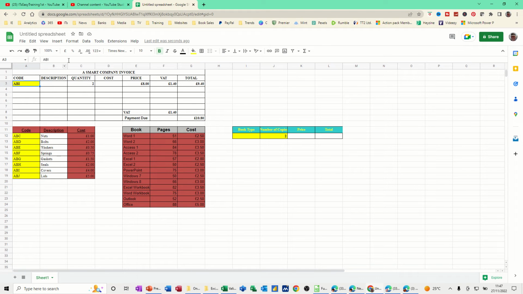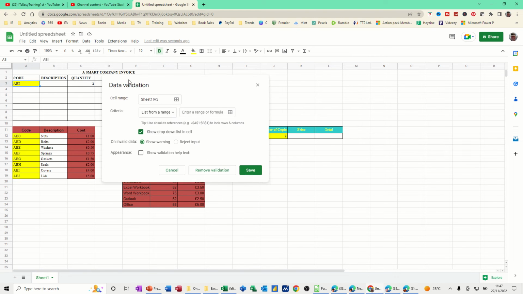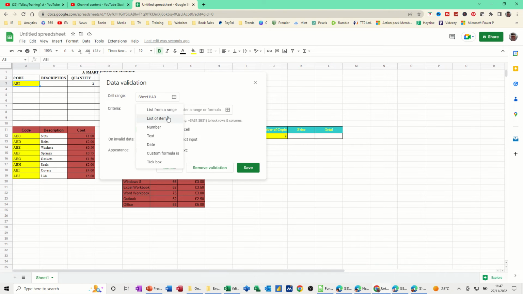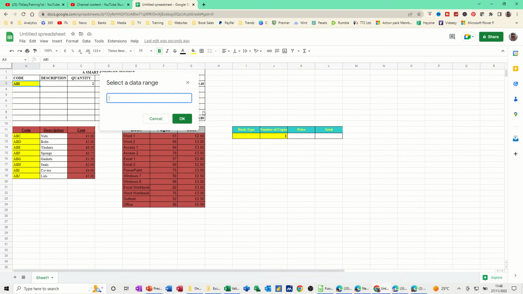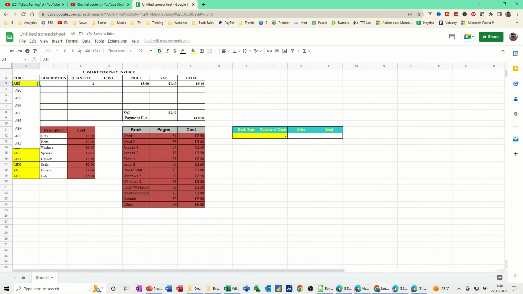So I'm on cell A3, going to the Data tab and selecting Data Validation. Now when that comes up, it's got different options in there: select from a range, items, number, text, date, etc. Lots of different options. I'm going to select from a range. Just going to highlight that range, which is this range. Click OK and save. And then that should give me that drop down list, and I can select a code,